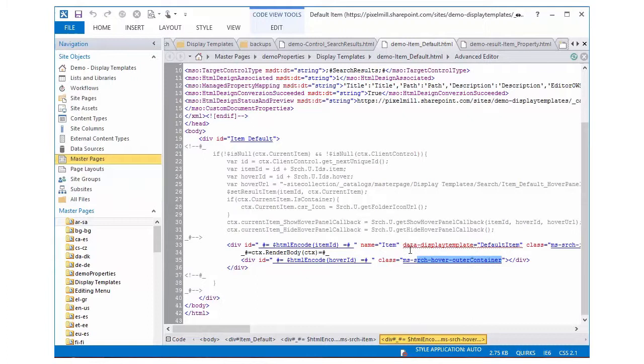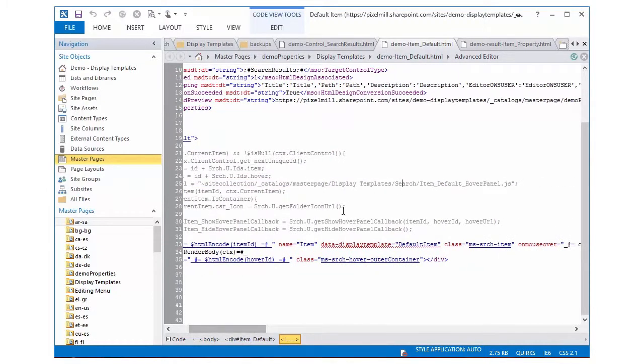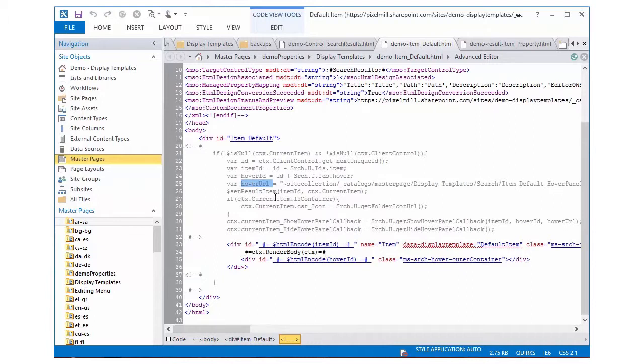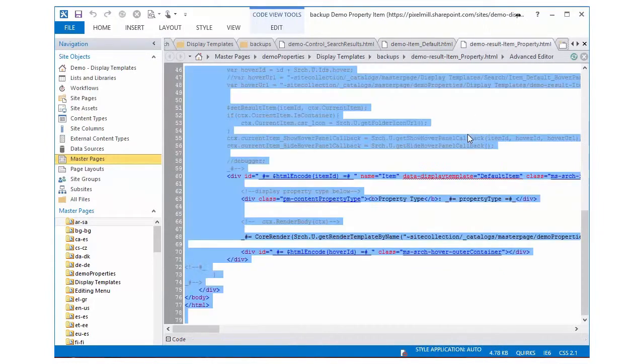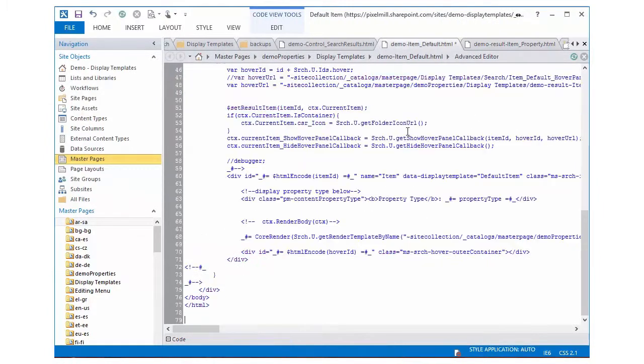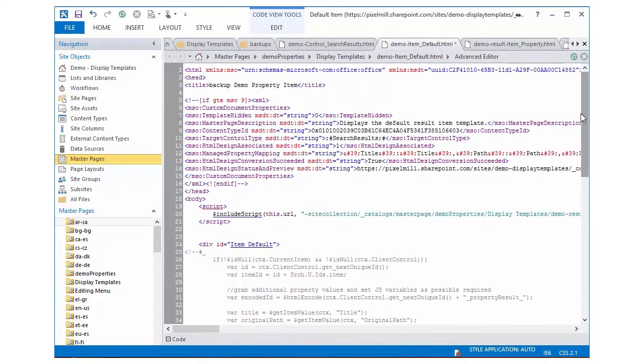Well, what's really interesting is the way that this works. There's a hover URL variable that is set, and it points to an actual specific display template. And then this is then used later on here, which is these two things right here, which says when the item is hovered, then go ahead and display the hover panel and use the display template found at these locations. So let's go ahead and make that all work. And I'm going to now go ahead and just copy and paste my example,